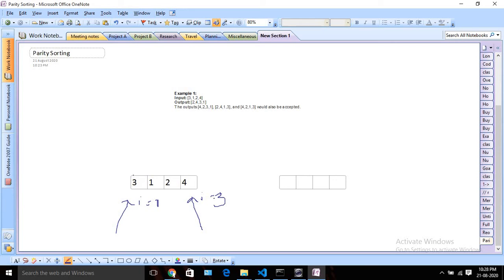Now we will pick the first number and the last number and compare them. I will check 3 % 2, is it an even number or an odd number? It's an odd number, so the remainder is 1. Then we check the last number, which is 4; 4 % 2 has remainder 0. So 1 is greater than 0. That means 3 is an odd number and we should move it to the end, not the beginning. Using this logic we can identify whether a number is odd or even.